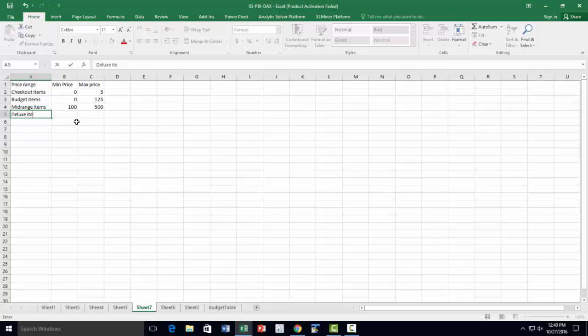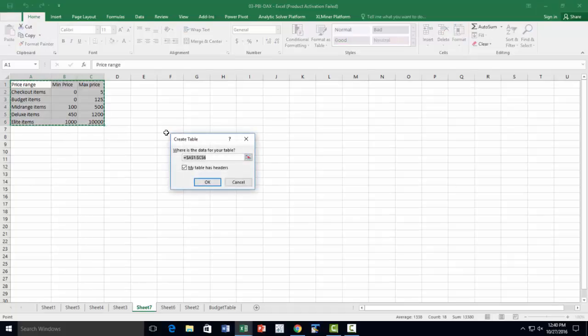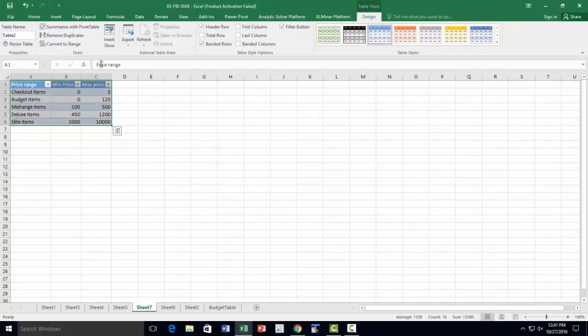Deluxe items, 450 to 1200, and elite items is 1000 to 10,000. So let's create a table for this, and we will name this price range